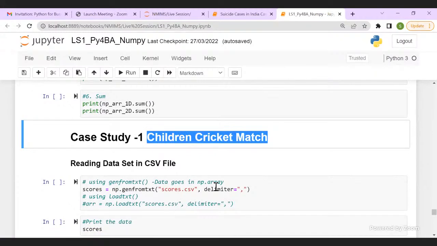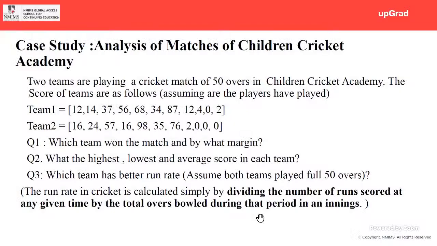Okay. So it is a children's cricket match. I assume everybody understands what cricket is. Let me show you my slides first. What I want out of this case study is very simple. I just took it because I want to give you a glimpse of what we are getting into now.